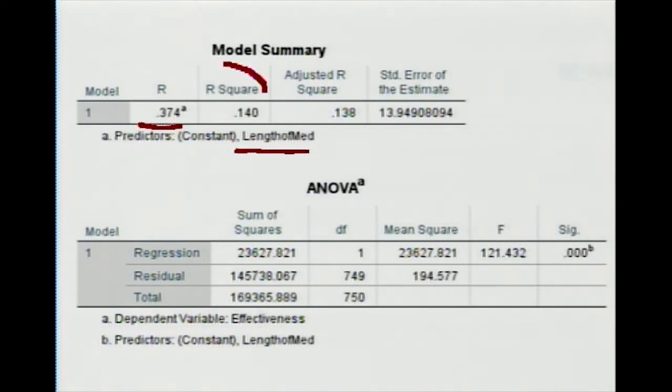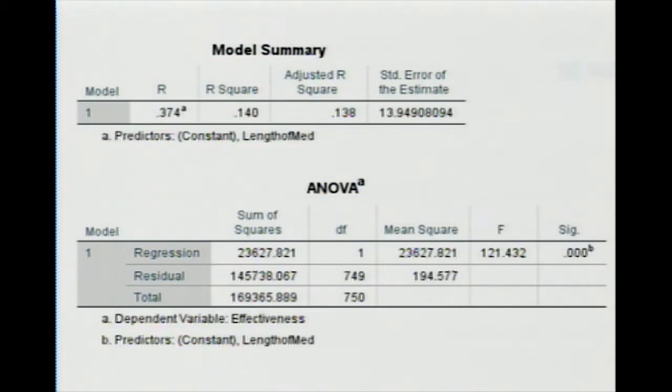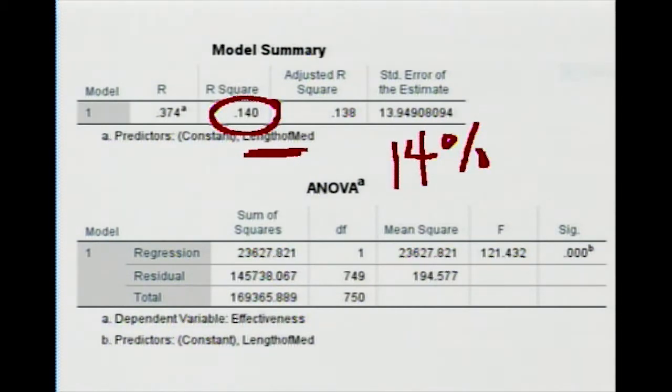Now we know that when we square this number, we get the variance accounted for. And so that's 0.14. And so what that actually means is that 14% of what causes you and I to judge a mediation to be effective is accounted for by the length of mediation. So think about that. The length of mediation accounts for explaining 14% of this dependent variable. So that's kind of good news that we have some variance accounted for, and we can explain that about 14% of my judgment of what is considered an effective mediation has to do with the length of mediation.